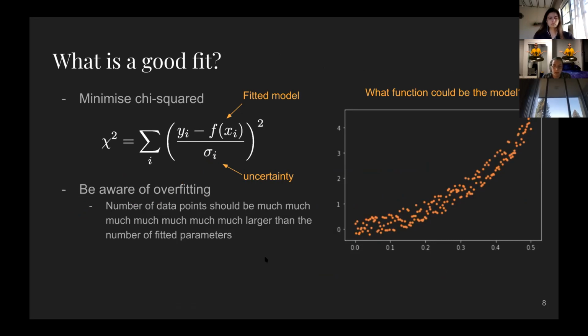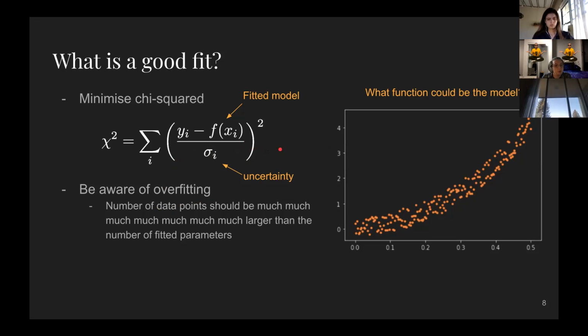So if your line goes through, let me do my laser pointer, if your line goes through this entire data set right here, it takes every little dot and it calculates the distance between that dot and your function, and it takes the uncertainty in your data, of course, and it adds up all of those in quadrature, and it minimizes it. It's trying to find the line or the model that gives you the least amount of this chi-squared, this quantity right here. It minimizes that, and that's how standard curve fitting works with SciPy. And we'll talk about what that is in a second.